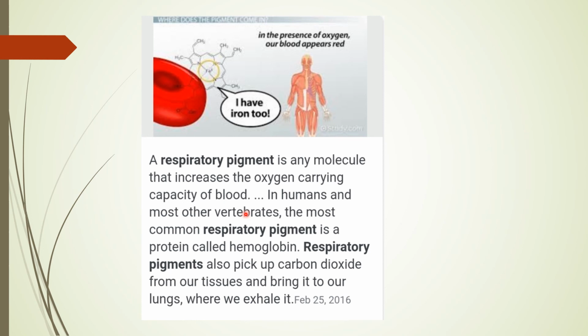But diffusion pressure alone cannot take care of oxygen delivery to all parts of the body in large size animals. So the respiratory pigment takes up oxygen from the air in the lungs and carries it to the tissues. And the respiratory pigment in human beings is which one? That is hemoglobin. It has a very high affinity for oxygen and is present in RBC and makes the compound oxyhemoglobin. And carbon dioxide, being more soluble in water than oxygen, is mostly transported in dissolved form in our blood. So you should remember this.